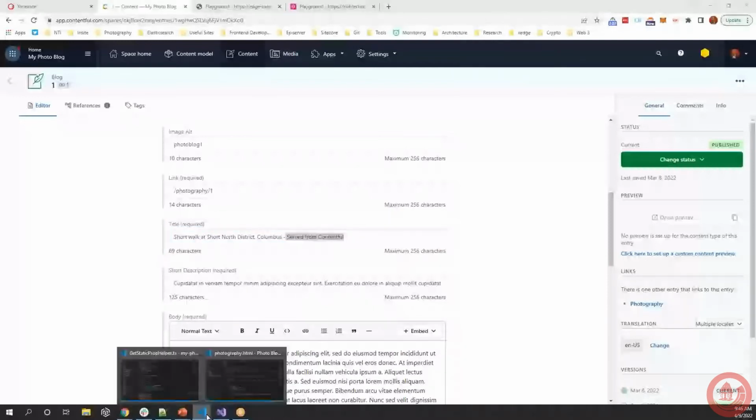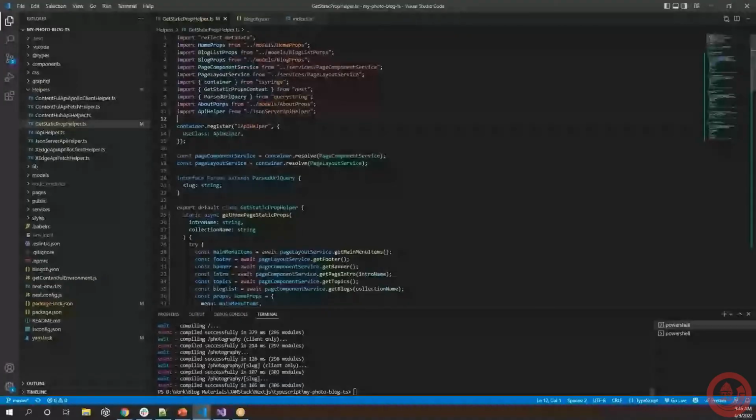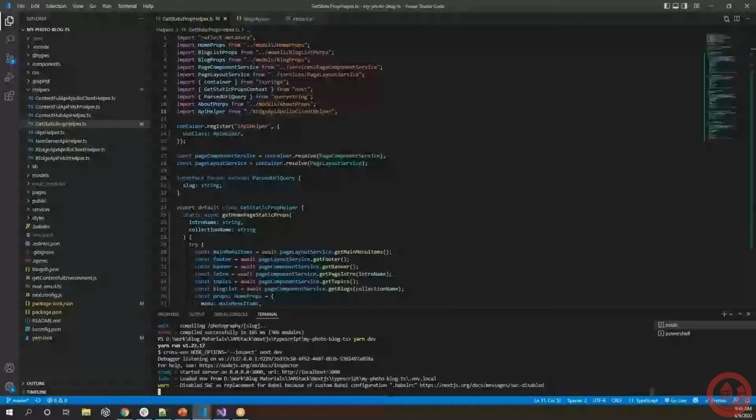If I go to the code, we have seen how things are working with the JSON server. This is, by the way, the line of code where I change my API helper, and this is the get prof helper, static prof helper, which registered that API helper. So I can change this to Xedge. If I do that, my API helper now should be the Experience Edge API helper implementation. So if I run the site now,